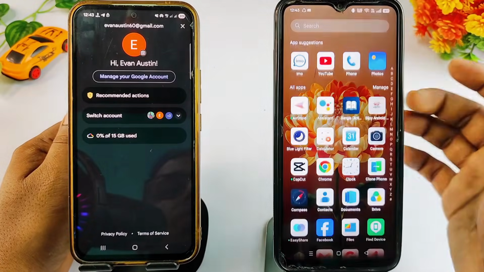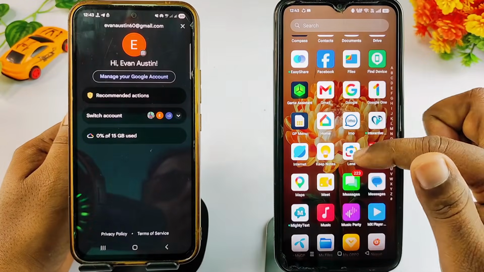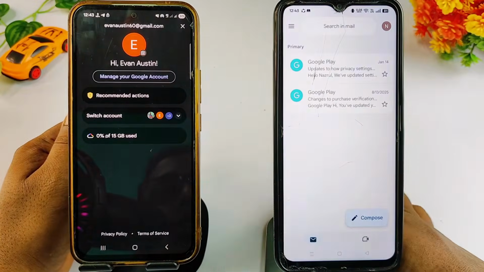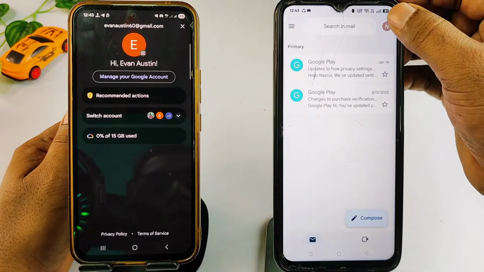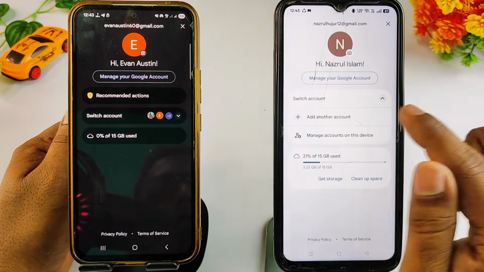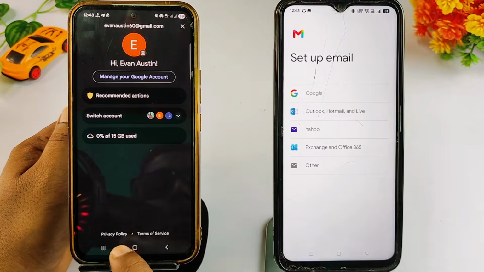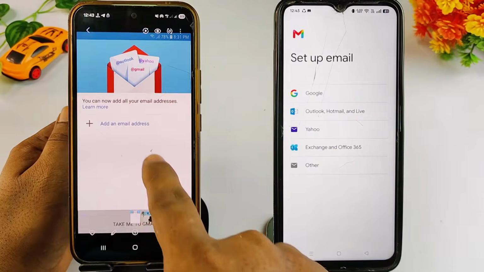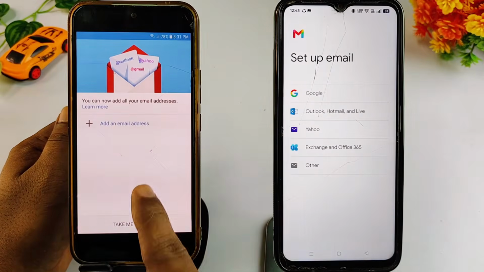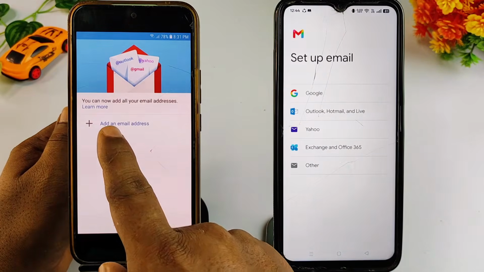So first of all, you'll need to go to your second phone or new phone, and after that you need to click here, Gmail application. After that you need to click here, your profile icon, then click here, add another account. But if your phone is new, that time you will see a different kind of interface, which is this one. You will find this kind of interface in your new phone, and you need to click here, add an